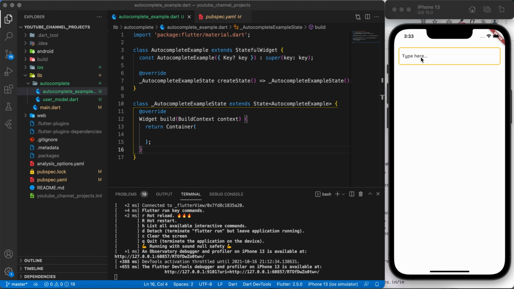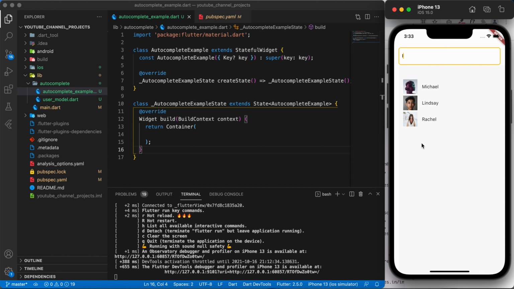So we are going to develop an autocomplete example actually. Flutter has an autocomplete widget which will give you a result something like this. So let's say I am typing in Michael. It will return me a Michael along with his photo. Let's say if I type another keyword, it will return me all the match possibilities from that list.